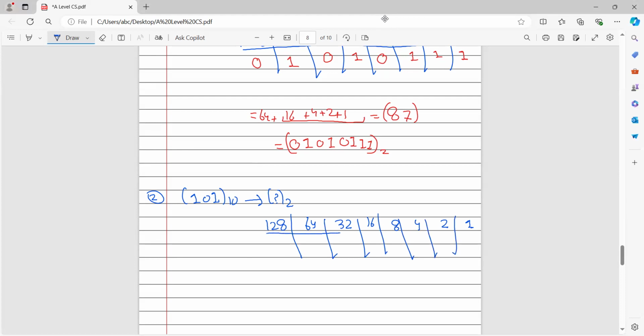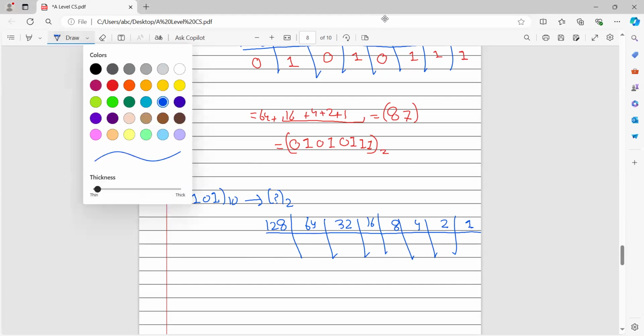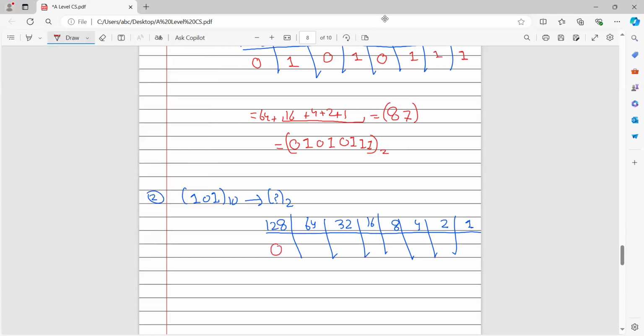Now what I need right now is 101. So should I be taking 128? No, I should not be taking it because it is a number greater than that. Should I be taking 64? Yes, I will be taking it. You need to remember that